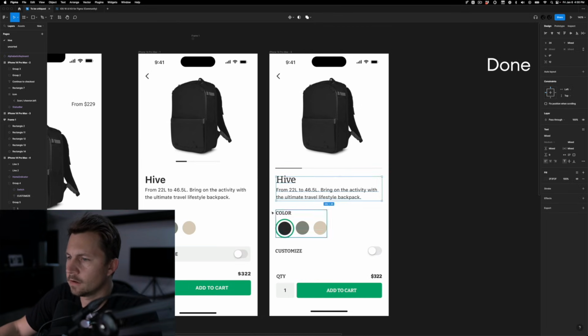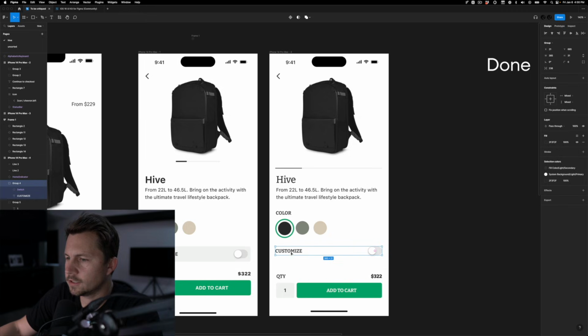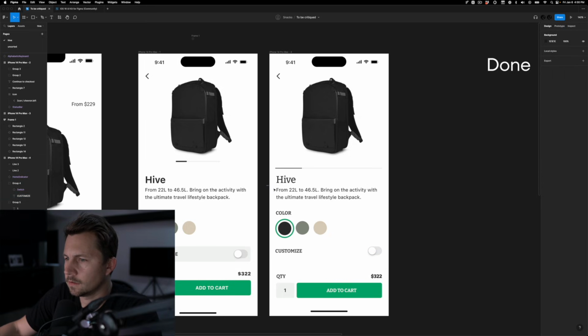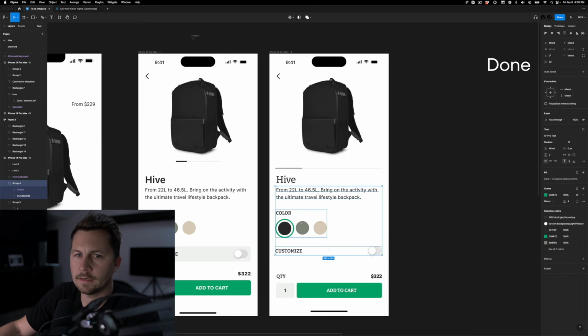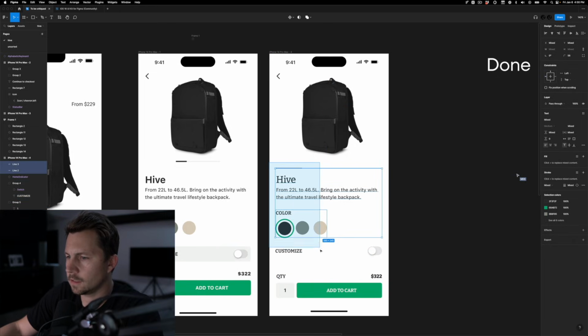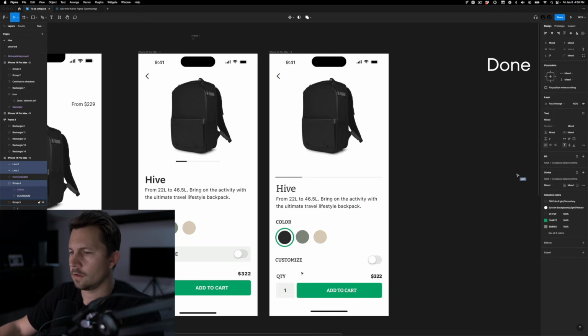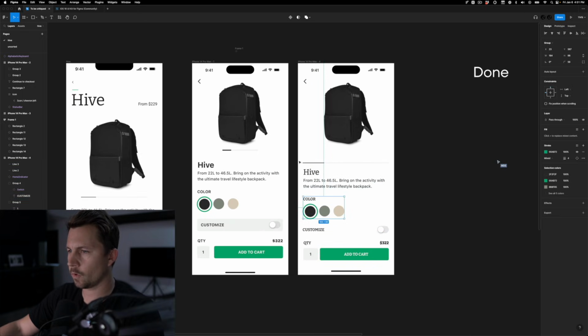Let's try 32, 32. Let's try this one without a background. And I just ran out of time. I'm gonna go a little tiny bit longer. Let's go 32 on the bottom and we'll call that a day. So we actually have a little bit more room. So if we wanted to go